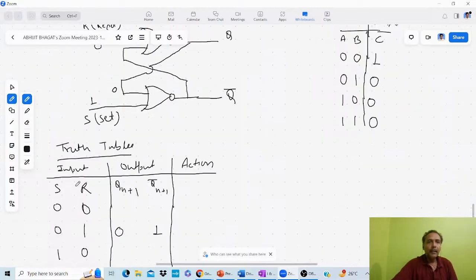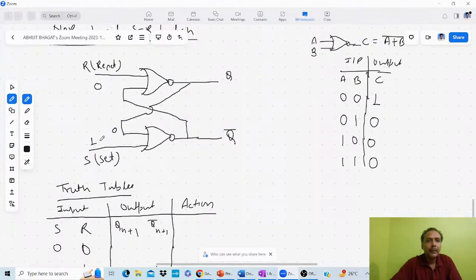So next input we supply the 1 0. S is 1 and R is 0. So in that case, when S is 1, R is 0, you can see when any one input of NOR gate is 1, then your output is 0. So here this S is 1, whatever this input, here the output is 0, means your Q bar will be 0